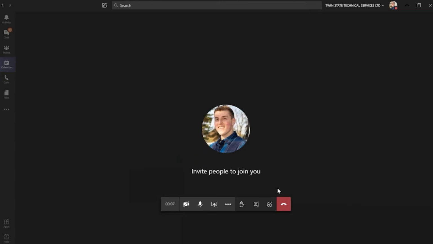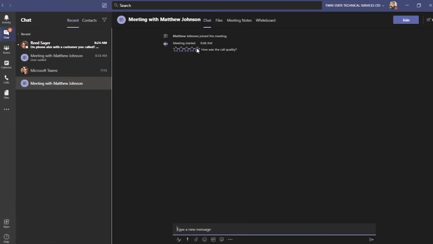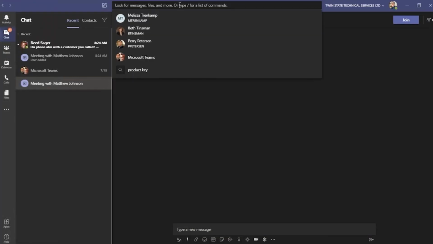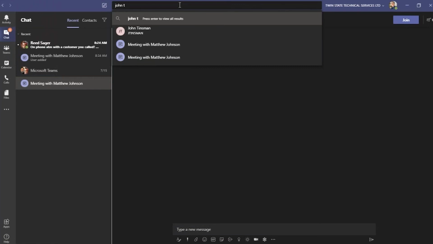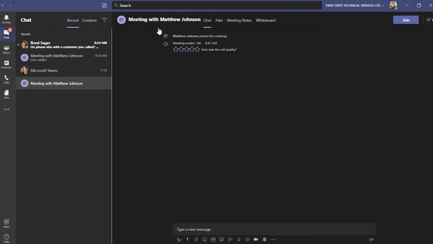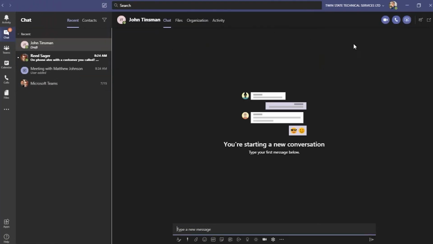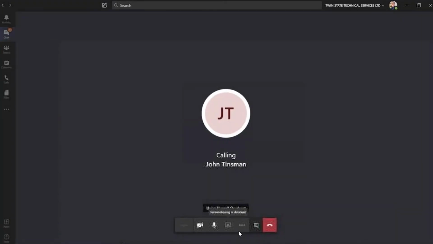Now, the way that this works sometimes in practice is you may just call somebody. So if Matthew went up to the top in the search bar and typed in the name of somebody he wanted to meet with, let's say John Tinsman, and he then calls John Tinsman, and then later on wants to add another person, at that point in time, you can then go and have a meeting and join that person